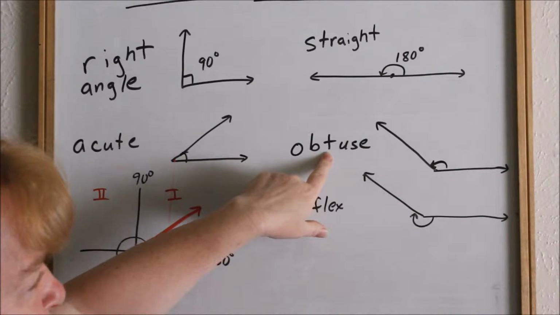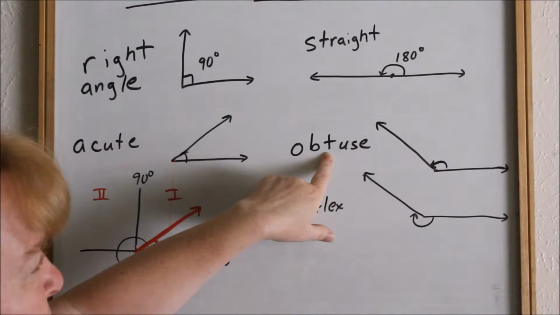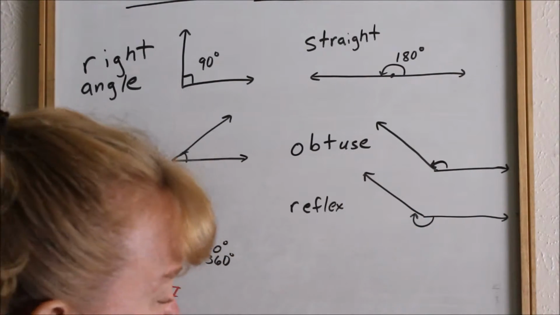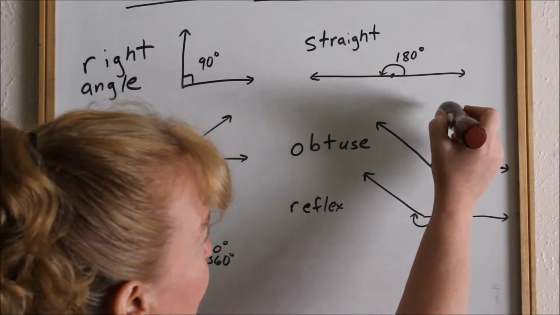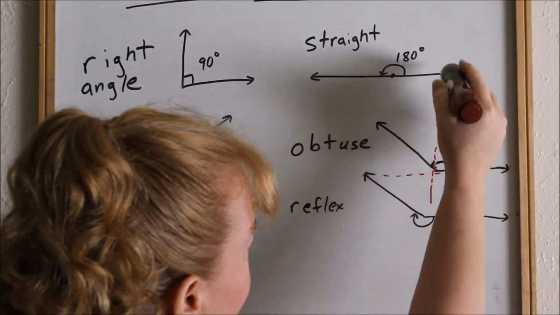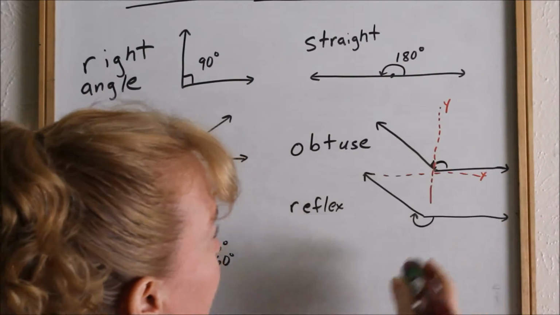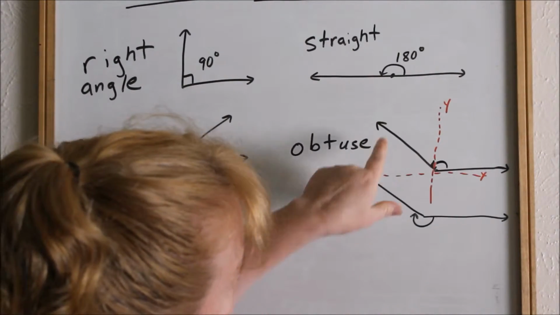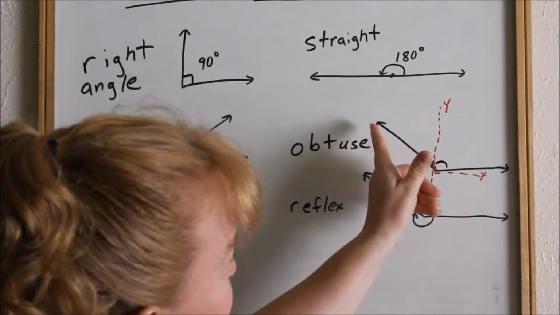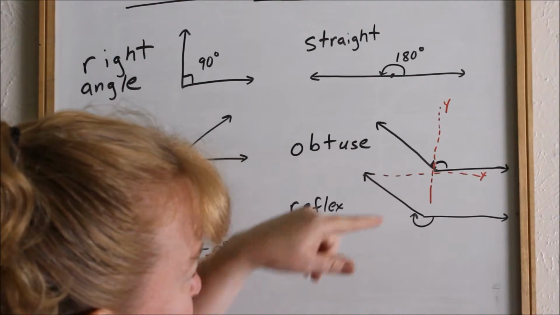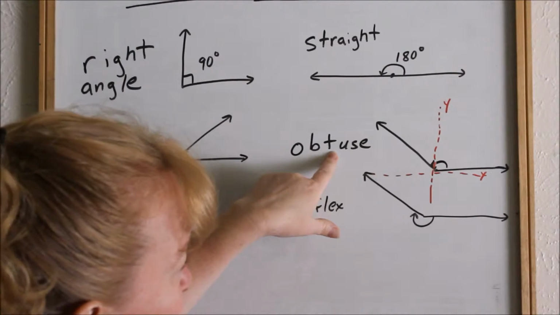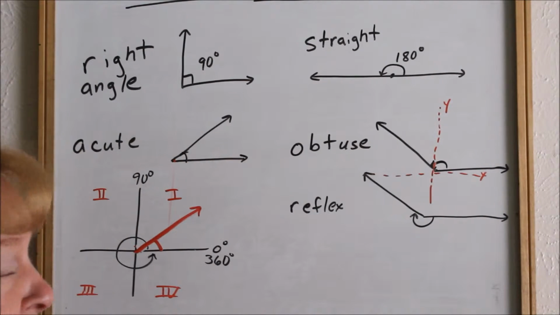If you want to think of obtuse, they are bigger angles. If you want to think of obtuse as obese, that helps you remember it. They are bigger. They are larger than 90, but smaller than 180. If I was to draw my x and y axis on here, this being my y-axis, I didn't draw completely straight lines. You can see that this angle, here's 90, this would be bigger than 90. You have gone past 90, but you haven't gone to a straight line to be at 180. So obtuse angles are larger than 90, but smaller than 180. Okay? Then,